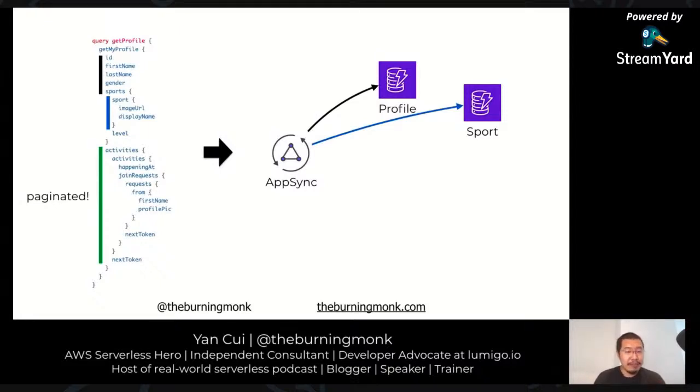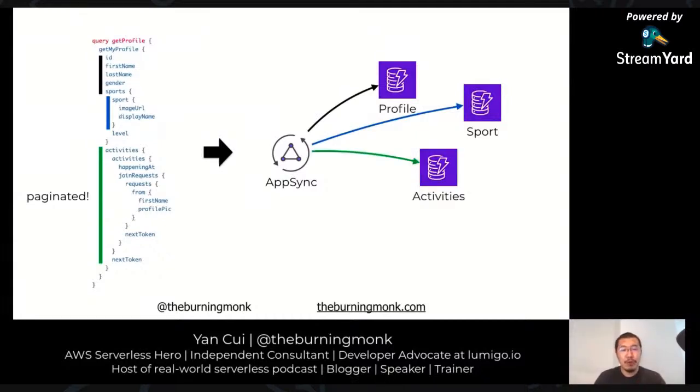And as for my activities, since I can have many activities, when I fetch my profile, I just need the first page of it for my next set of activities. That's most likely all I care about in terms of what are the next activities I have. And if I want, I can scroll down to fetch more pages of activities so that I see the activities I had in the past as well.